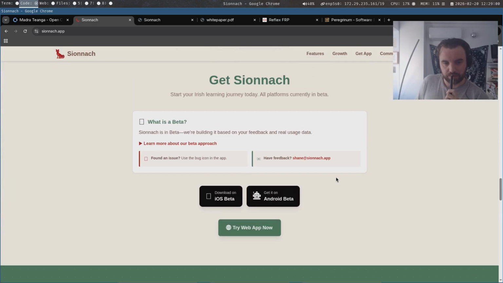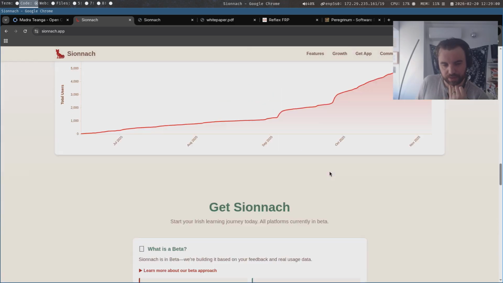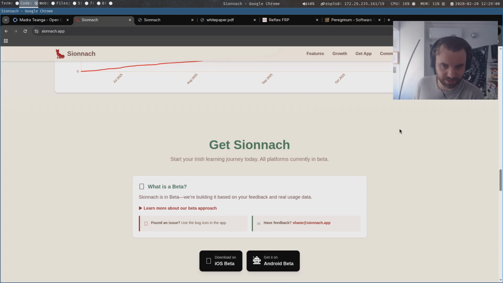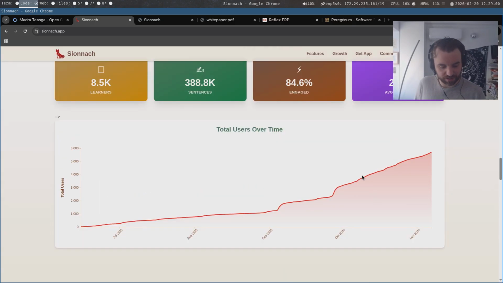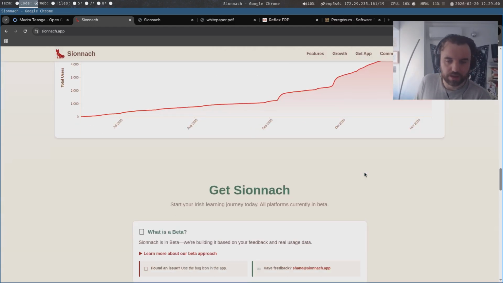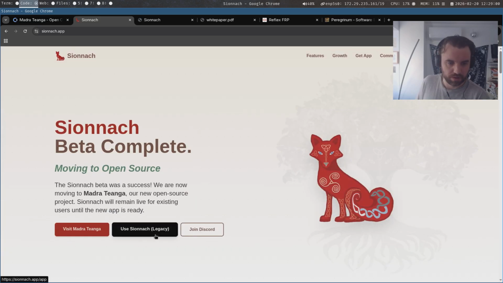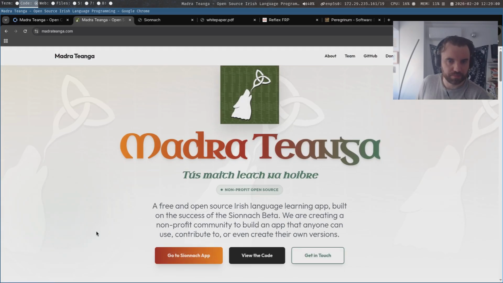So we got to the stage, when I put the break in, where it just needed to be put on steady foundations. And, you know, it's going from strength to strength, and people are using it, and you can see the trajectory, but we needed to make the move. There were 3 of us at this stage. Some had come and gone, but 3 people stuck around, including myself. It's myself, Dara, and Bunny, with Dara and Bunny doing all the art stuff, Dara promoting it, and Bunny managing the servers and stuff.